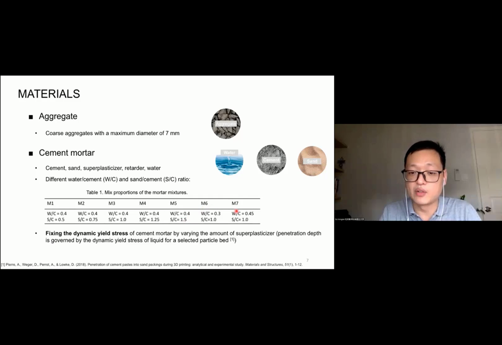For M6 and M7, we are trying to keep the sand to cement ratio as 1.0, but we change the water to cement ratio from 0.4 to 0.3 and to 0.45. So we can see the difference between water to cement ratio as well as the sand volume on the printing product's performance. One thing I want to highlight is that for different mix proportions, M1 all the way to M7,